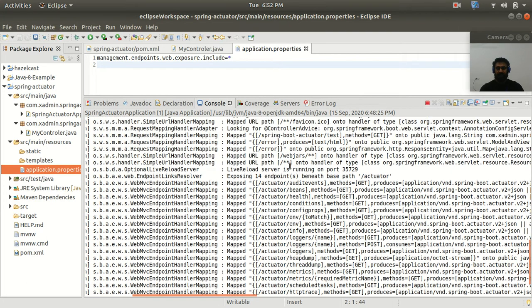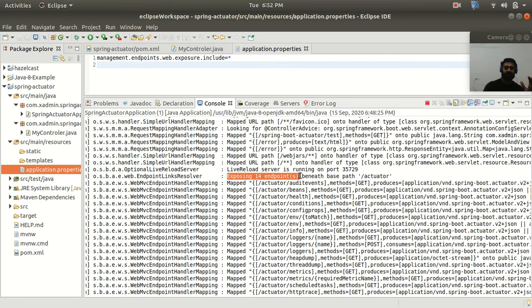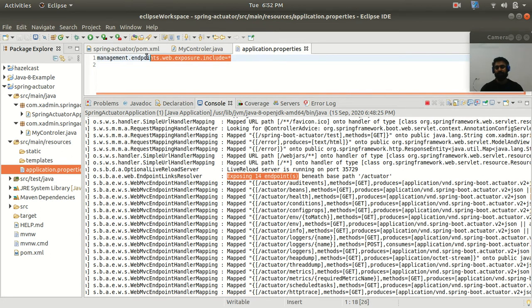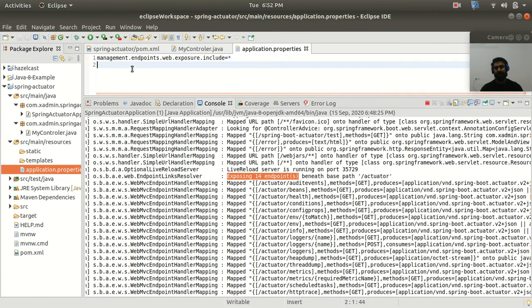Now you can see that we are exposed with 14 endpoints. In the previous run we saw that only two endpoints were there, but now we are exposed with 14 endpoints because we have added this property to our application.properties file.